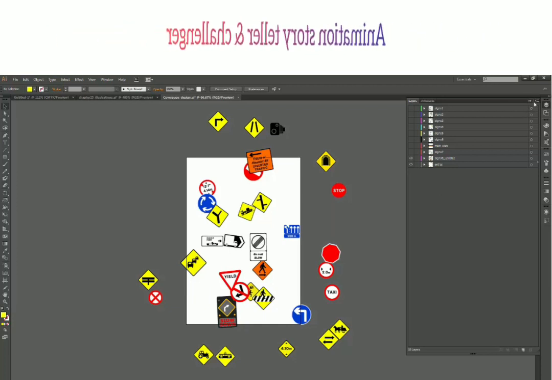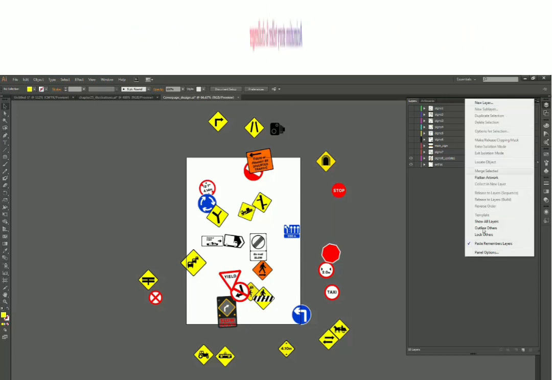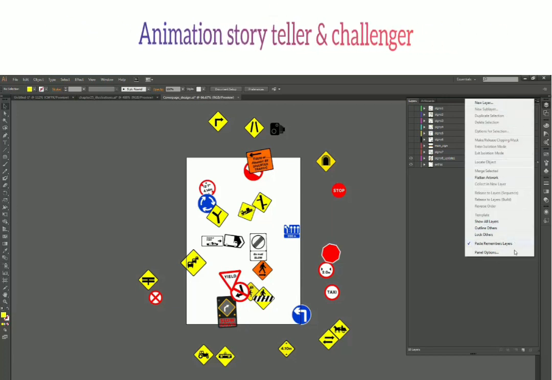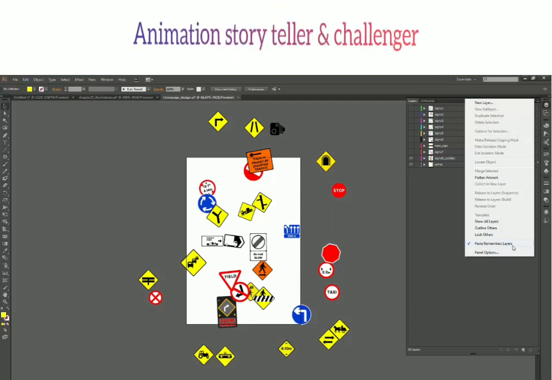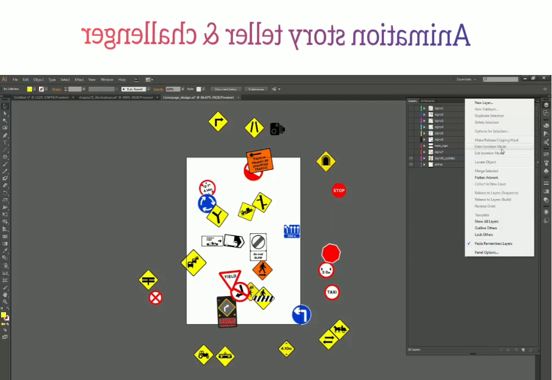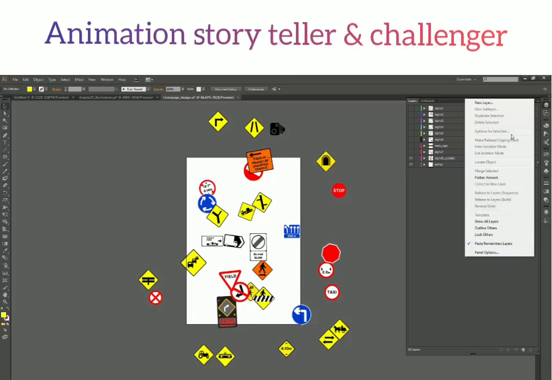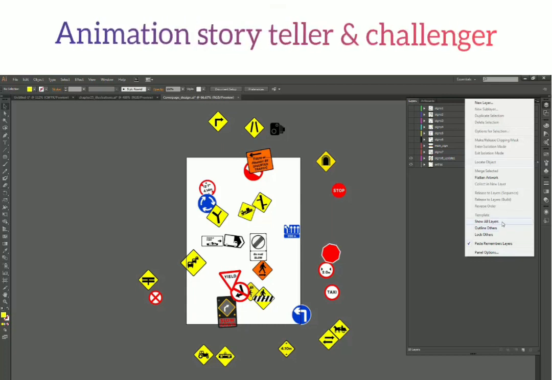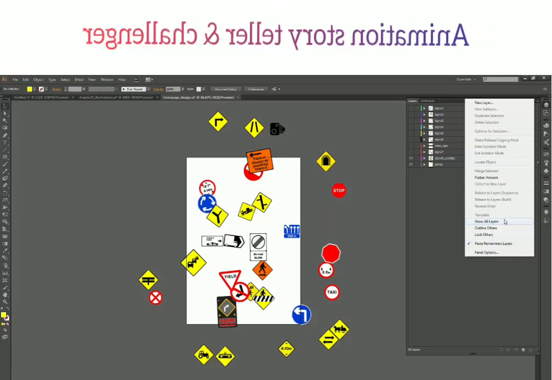Now let's see some more panel options we have available. So just click on this and now we have so many options in here, and I'm not going to cover all of them because instead of giving you information, I will actually contribute to confusing you. So I'm not going to cover things like make clipping mask, enter isolation mode, exit isolation mode. These things will further confuse you rather than giving you some good information. So for the moment, I'm just going to skip many of these, and in our future videos, we'll keep covering them one by one. Right now I'm just going to cover a few options from all this.